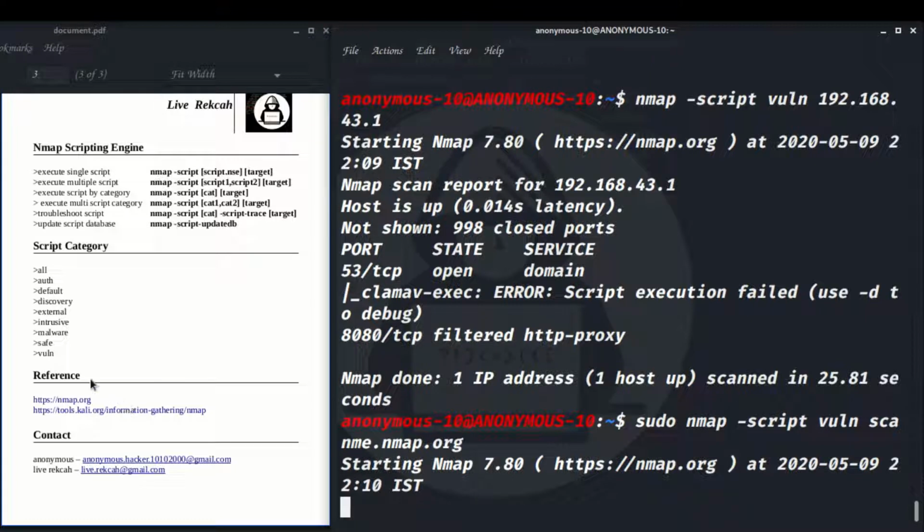And there are many different sites and book sites you can download. And you don't need to master Nmap using Nmap books, and you don't need to buy anything. And another here, http://tools.kali.org, information gathering /nmap. In information gathering, Nmap is a built-in tool in Kali Linux. So Kali itself has given how to use Nmap.